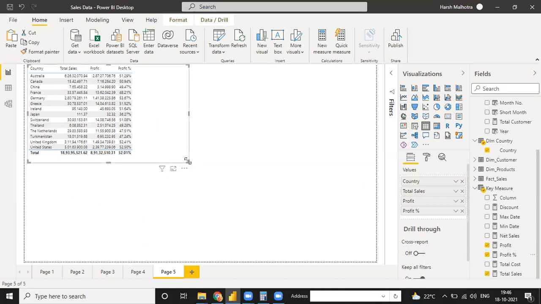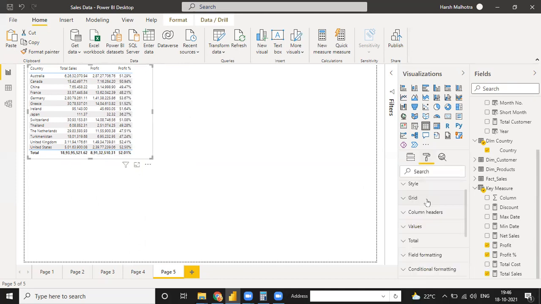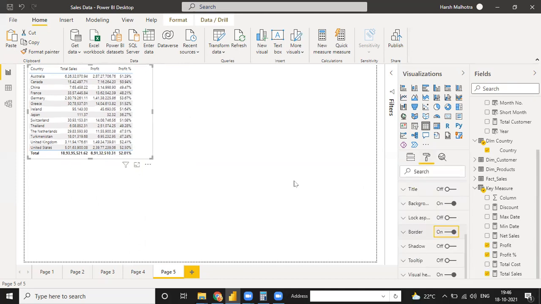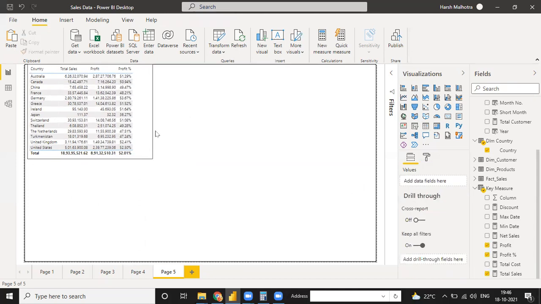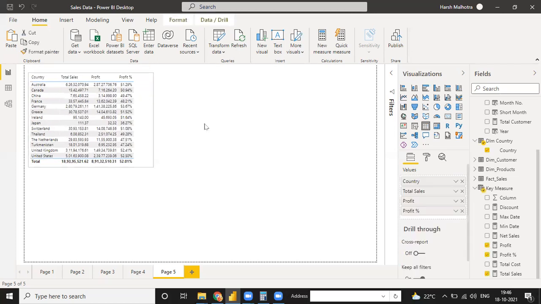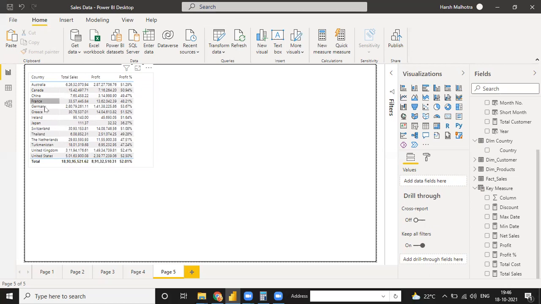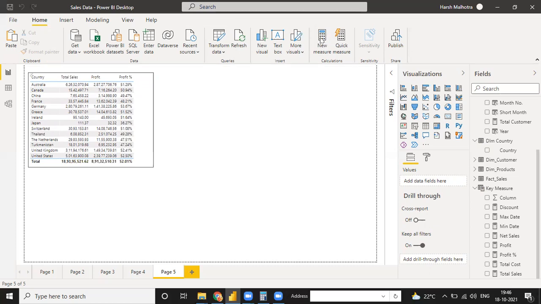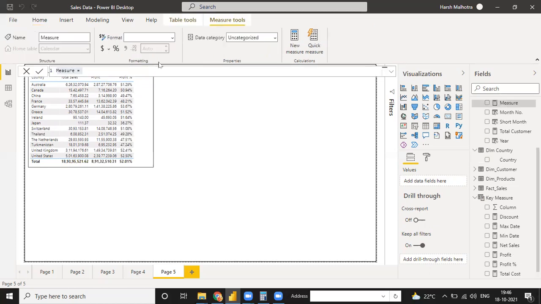So for this I need some calculation. What is my calculation? I'm going to format this one. Okay, this one is my table. Now suppose I need my data for only Germany country. For only Germany, I need my total sales. So for this, what is the measure to be created for only Germany country data? Germany sales, only Germany sales.